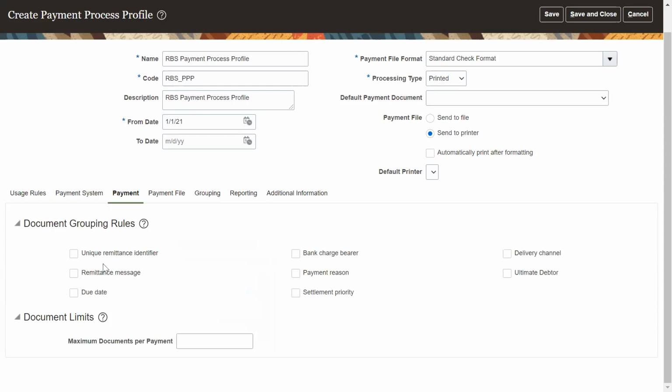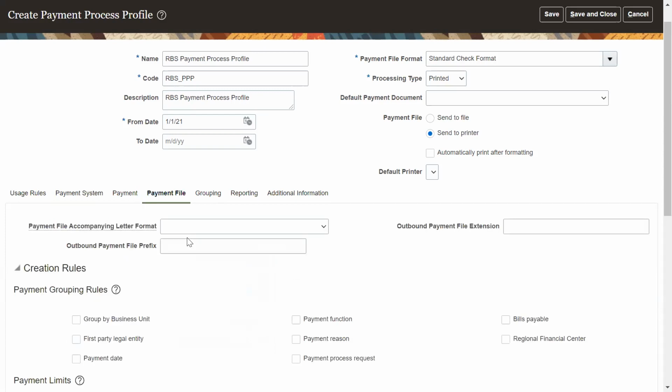Document grouping rule you can define as in EBS, and document limits also, the number of documents per payment, to restrict the payment numbering.